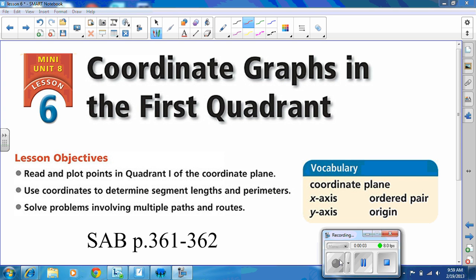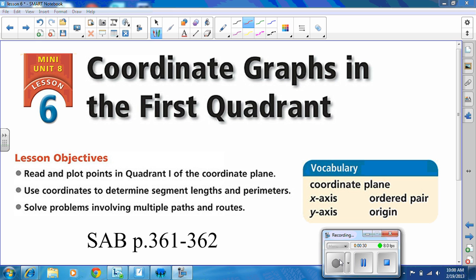Guys, today we're doing Unit 8, Lesson 6, coordinate graphs in the first quadrant. So we'll talk about how you plot points in a quadrant. You guys should already know this. We've done some of this in science. And then how you can use those coordinates, though, to determine the length and the perimeter of things. And then as an extension, there is a problem or several problems about how you plot paths, shortest distance, and